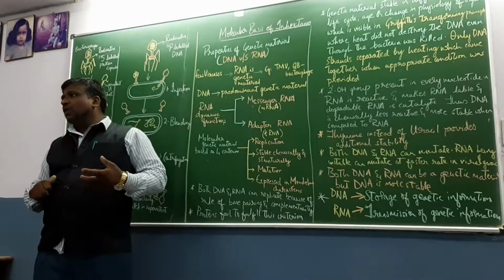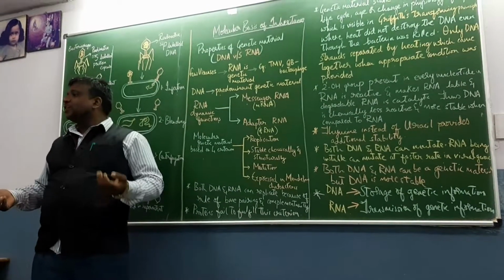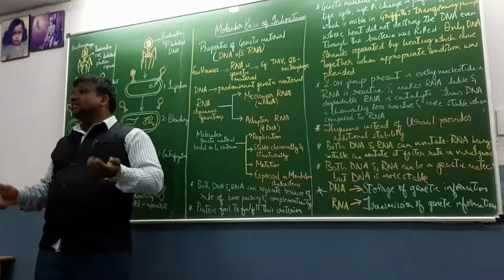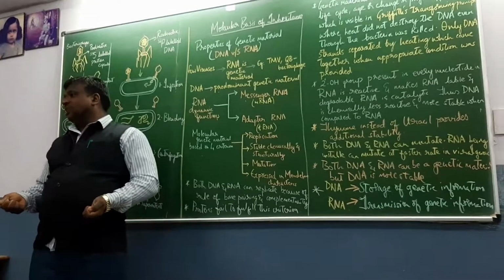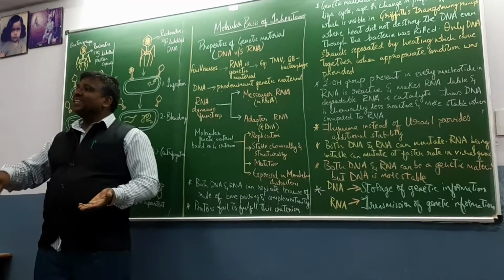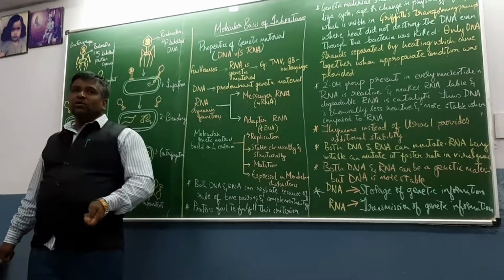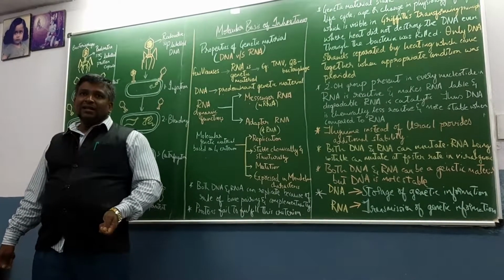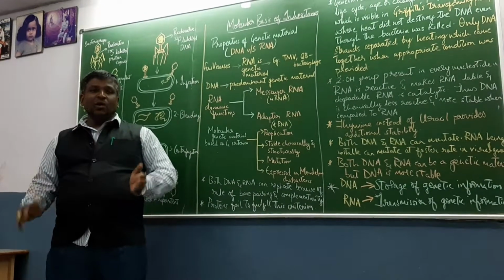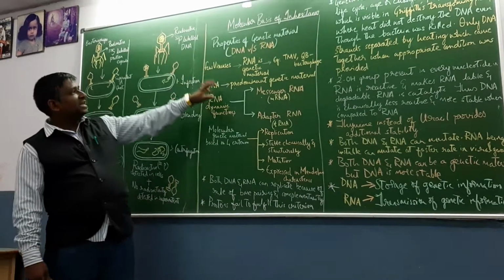Then you have a question: why shouldn't RNA be the genetic material in all the organisms? Why does nature prefer DNA over RNA? What is the cause for that? Why is DNA more the genetic material than RNA in the majority of organisms? And for any molecule to be a genetic material, what are its attributes or properties? What are the characteristics of genetic material? So that is what we will be discussing in this